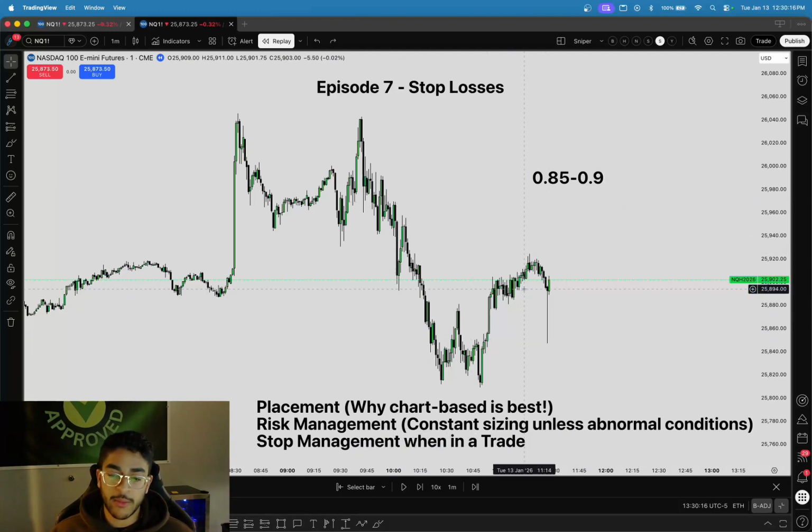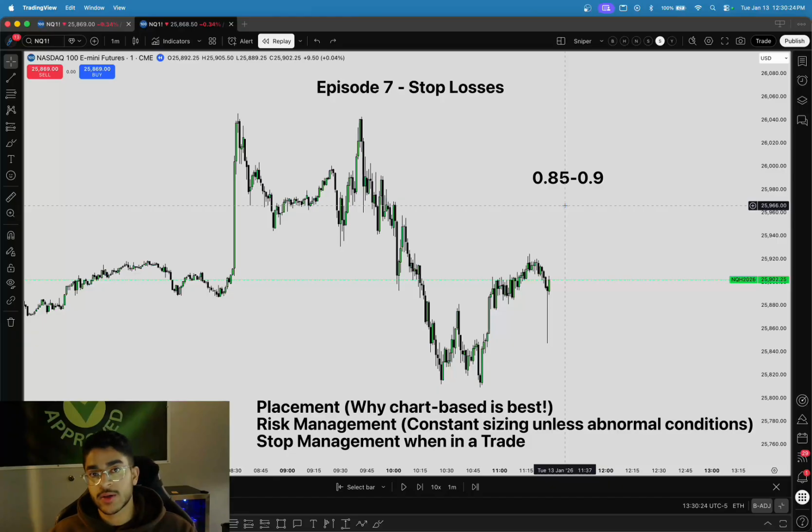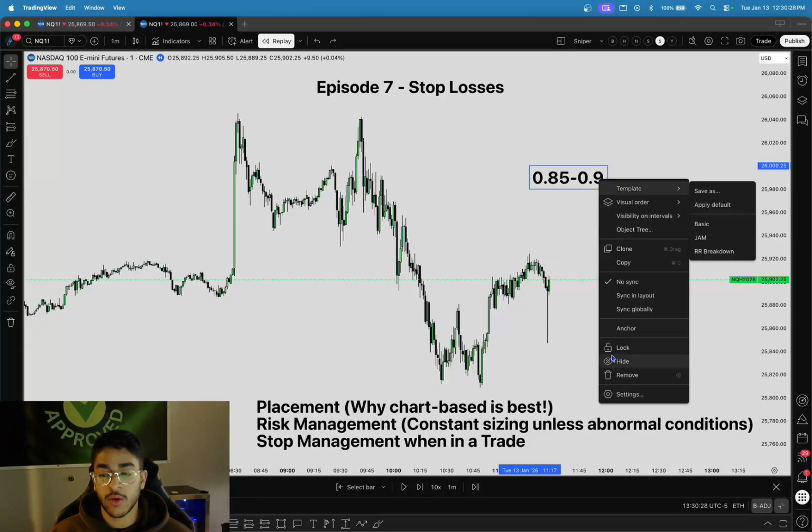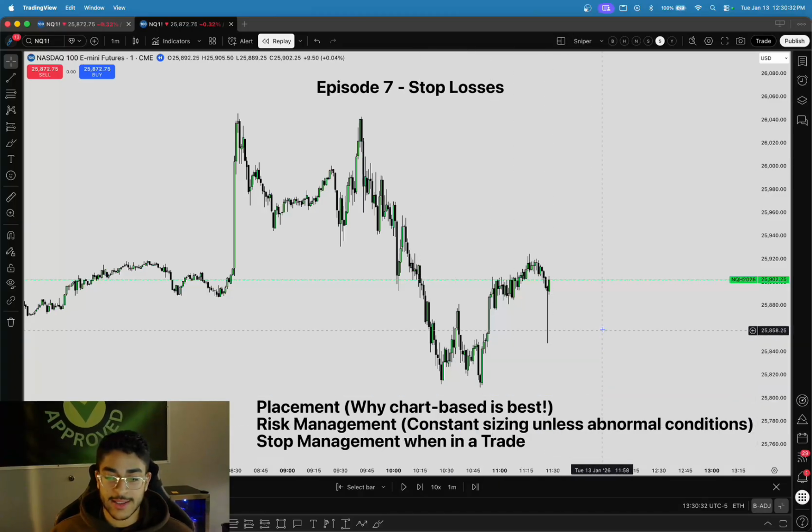So again, going back to those chart-based stop losses, I want to allow price to have enough breathing room to retrace if it needs to, but I also want to be entering after manipulation has occurred. So most of the time, my best trades usually go very quickly. And going back to that constant sizing, right? Another reason for that is you don't want to be oversizing on one trade